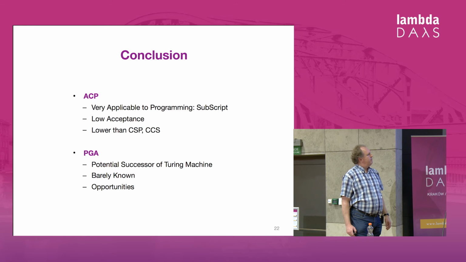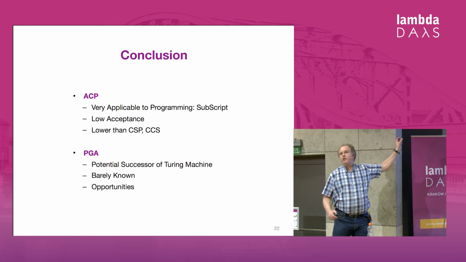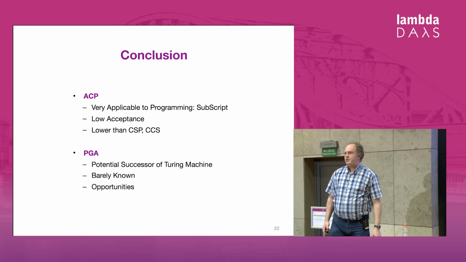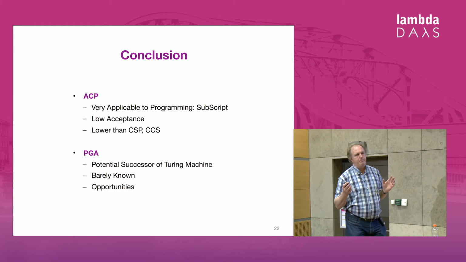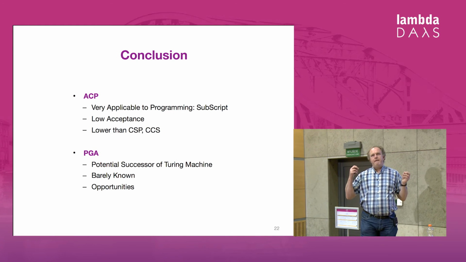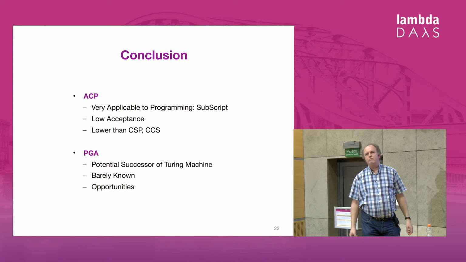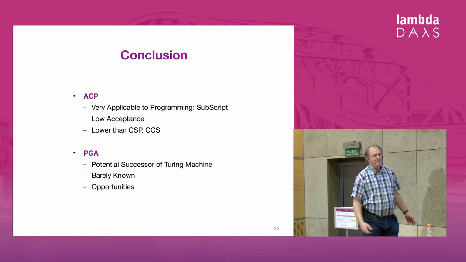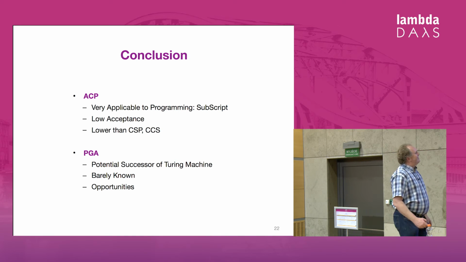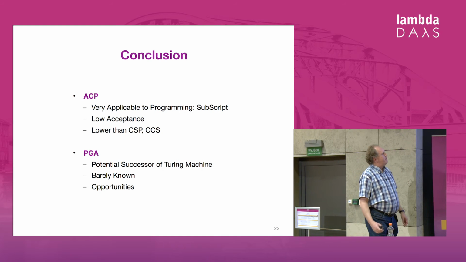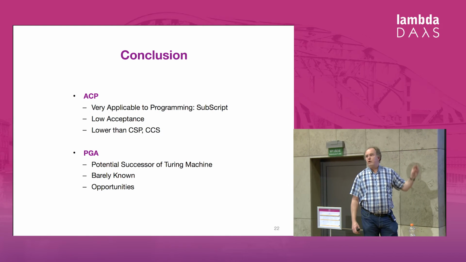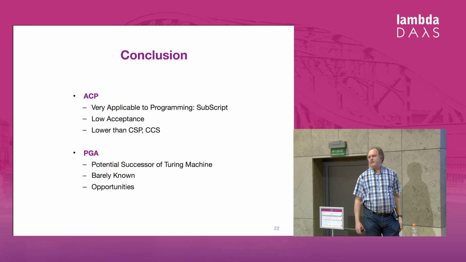At the same time, it could be a kind of nice successor for a Turing machine. What I miss in these PGA publications is whether it's really a kind of Turing machine. I'm not sure. I asked Jan Bergstra, I said, yes, it should be. So, I would bet my money on it. But there are lots of opportunities in this area.